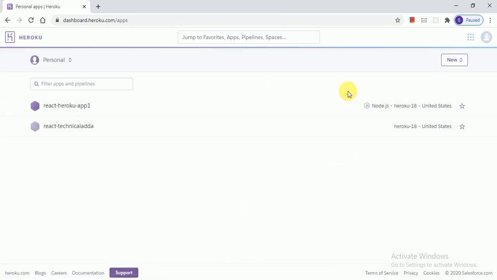If you are logging in for the first time, you will not see all these apps. I have already created some apps, so that is the reason I have got them here.